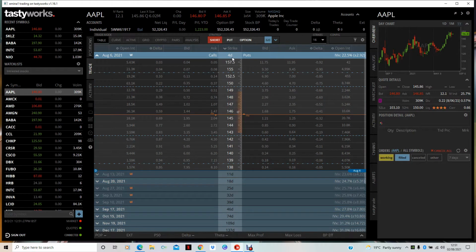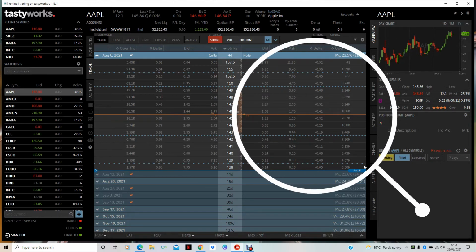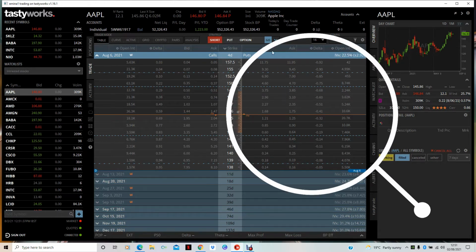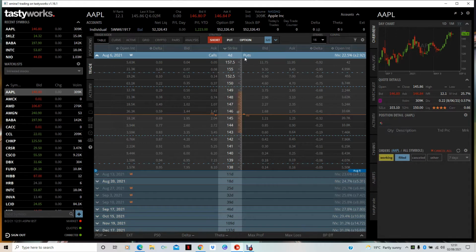So if I open a weekly trade, on this side you have puts, and on that side you have calls. We're just going to concentrate on the put side. So I'm going to sell puts on Apple. I'm going to sell someone the right to put Apple in my hands, and for that right I get paid a premium. So this is made up of premiums. Now I'm going to explain what that is.